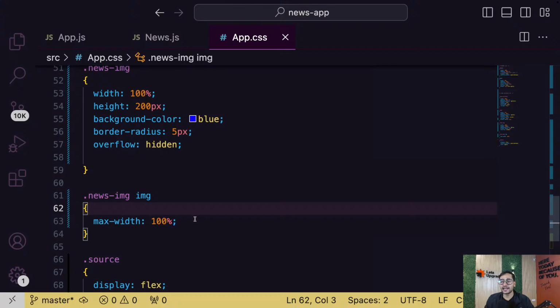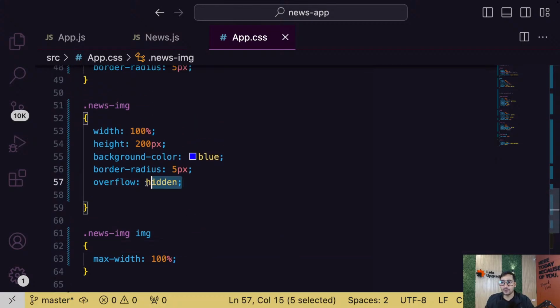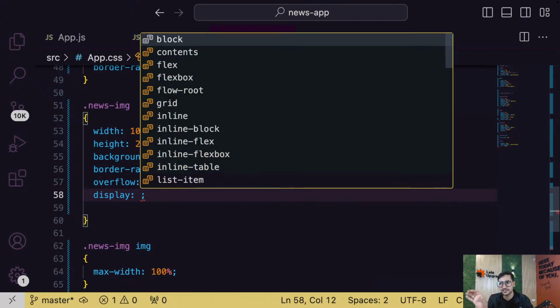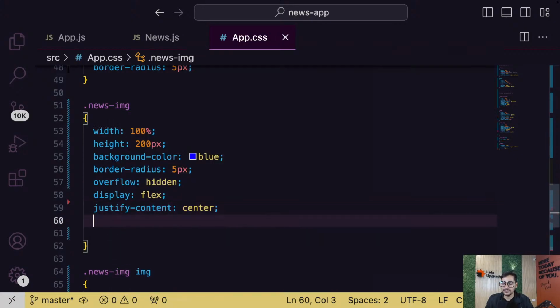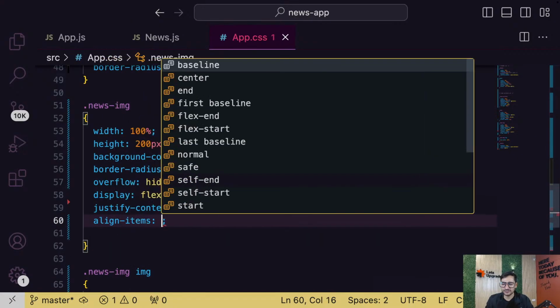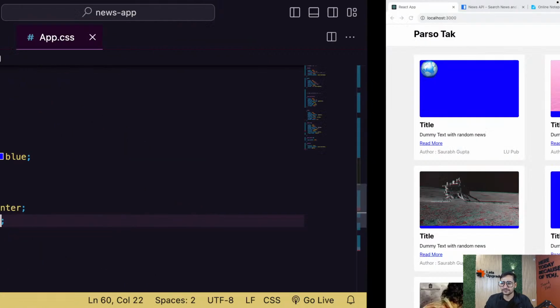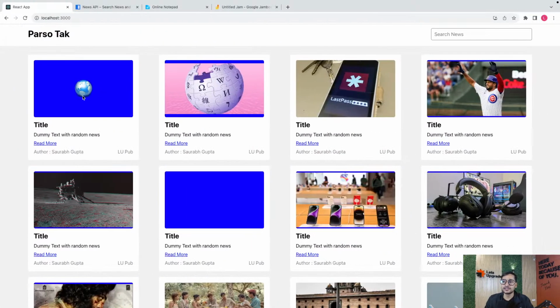Okay, yeah, definitely. And now actually, guys, we don't have to worry about overflow hidden anymore. I will keep it if some of them go away, but I think mostly nothing will go out. And now we can give it a display of flex and keep the images in center, even if they have some gaps. So display flex, justify content center. Yeah, that's a good idea in this case, just to keep them in center. Okay, so now guys, the images which are going to get small will at least be in center.